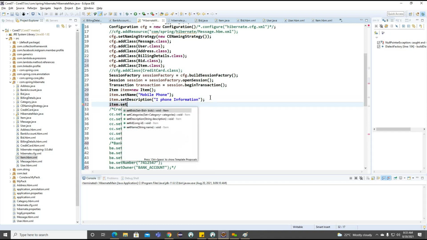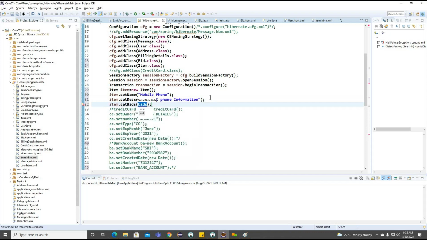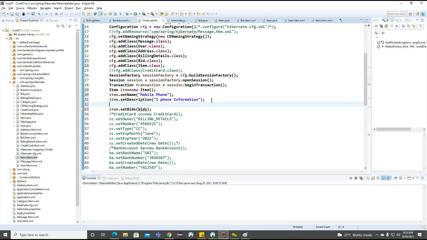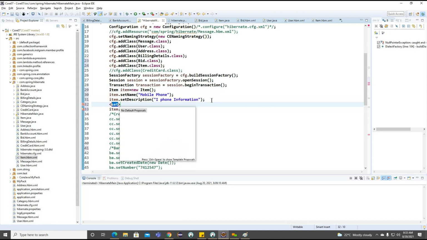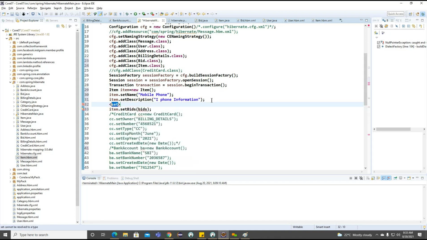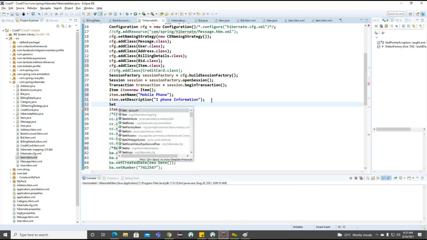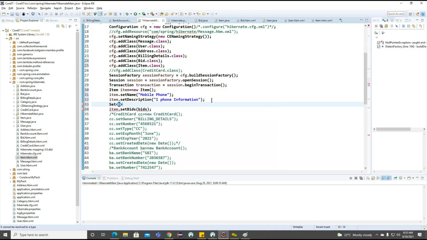So here we need to go for the set of bids here. So to define this particular set of bids here, now what we can do, first we need to create a bids here. Getting the point. So multiple objects we need to create, and to create here, first I want to connect here set of bid here.